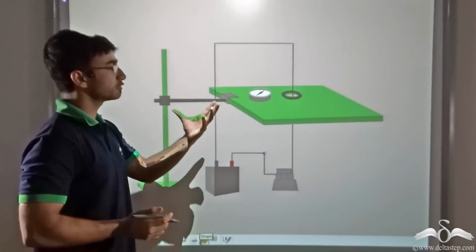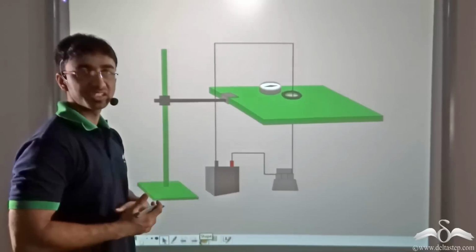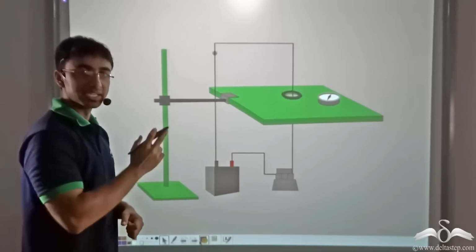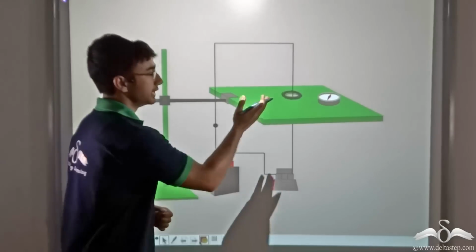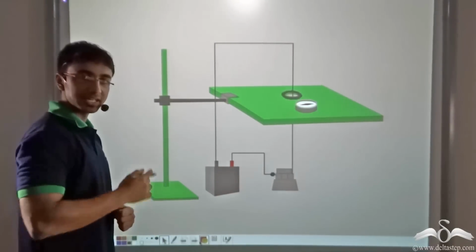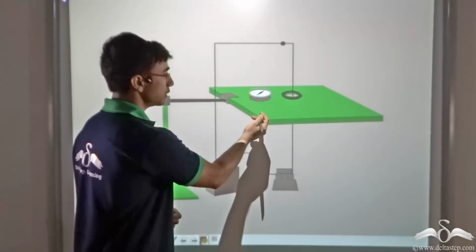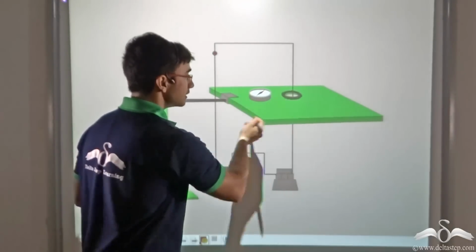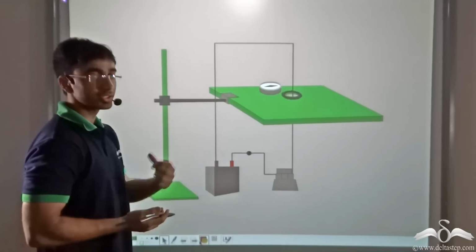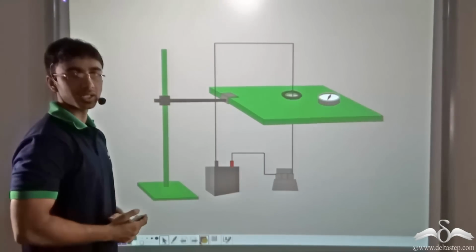Now the direction of magnetic field lines can be easily plotted with the help of a compass needle. Now when a compass needle is placed at different points, it will be deflected. So due to this deflection, the red part of the needle will be pointing in different directions, and it is in this way we will be able to find out and map the direction in which the field lines are pointing, and thereby also decide how the magnetic field is oriented around the conductor.